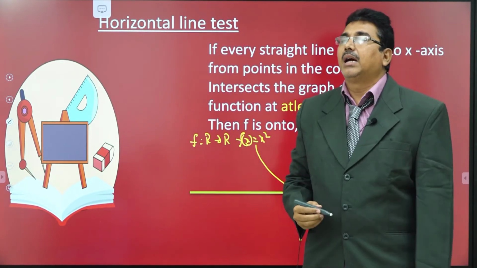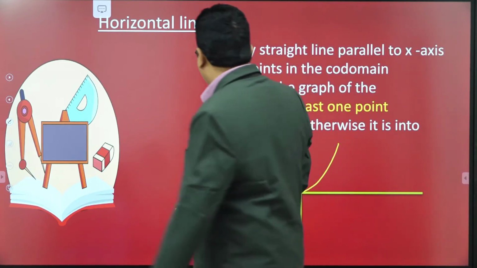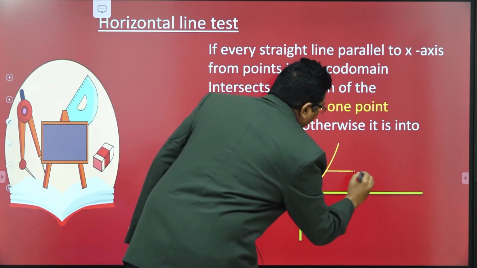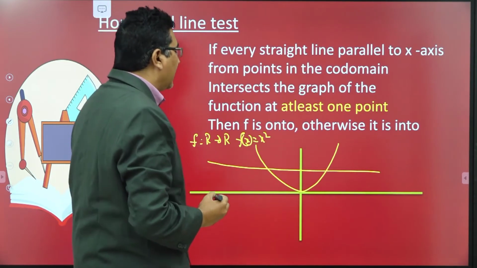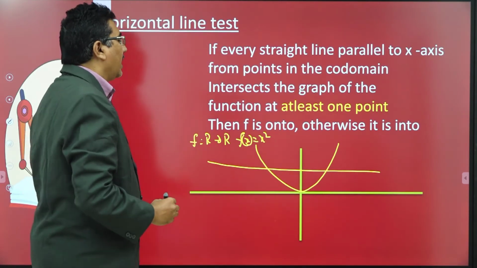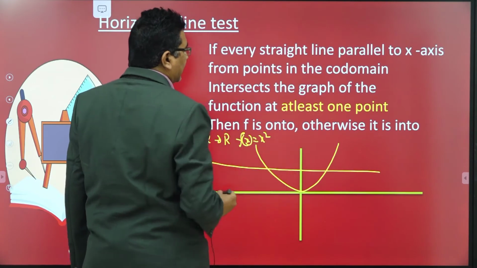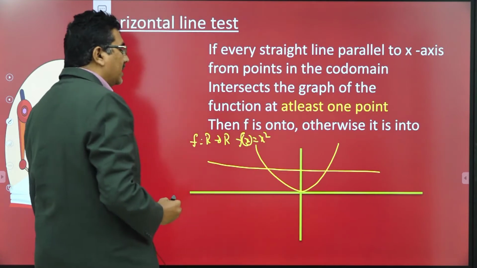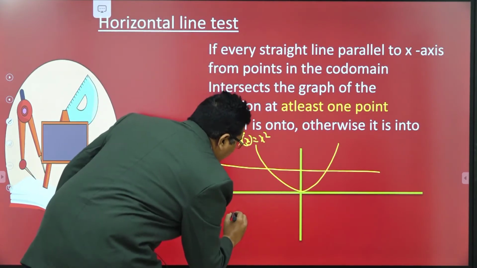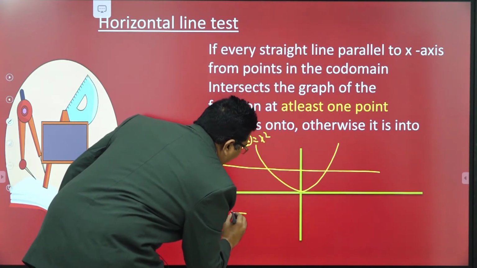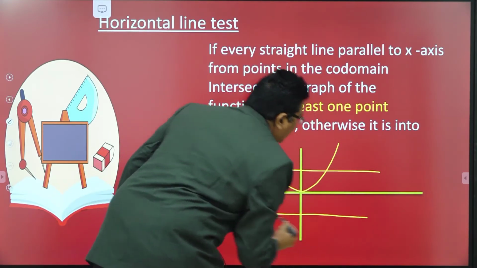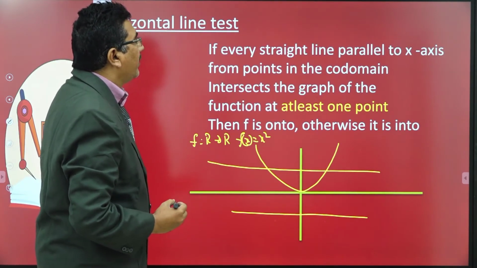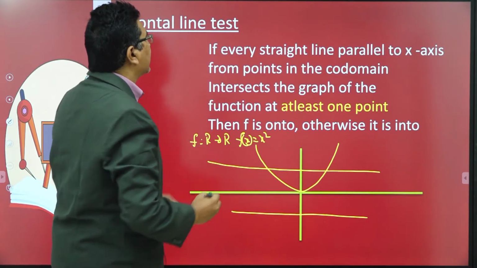Now draw a horizontal line. Right, this is the horizontal line, parallel to the x-axis. This line intersects the graph at 2 points. Now draw another horizontal line. This line does not intersect the graph. Our condition is every straight line parallel to the x-axis,